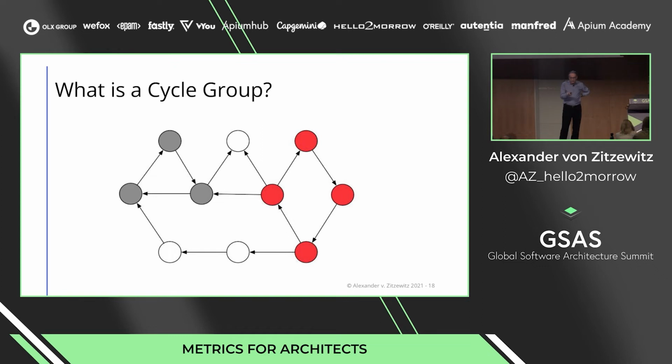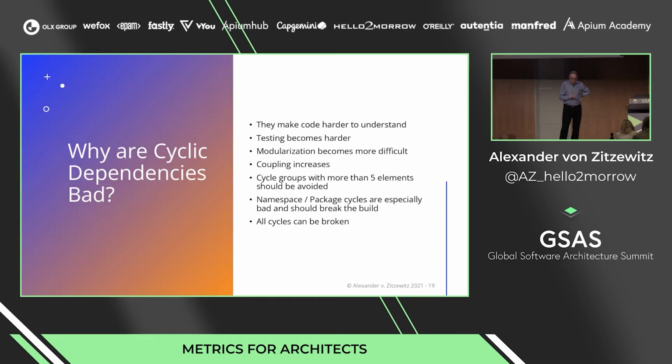You see a dependency graph here, and we have one cycle group in red and one in gray. The white nodes are not involved in any cycle. So why are cyclic dependencies bad? They make code harder to understand. Testing becomes harder, modularization becomes more difficult, coupling increases, and you should avoid cycle groups with more than 5 elements,